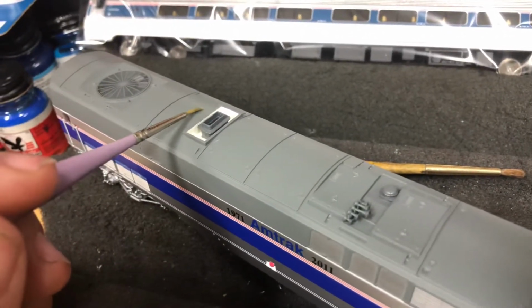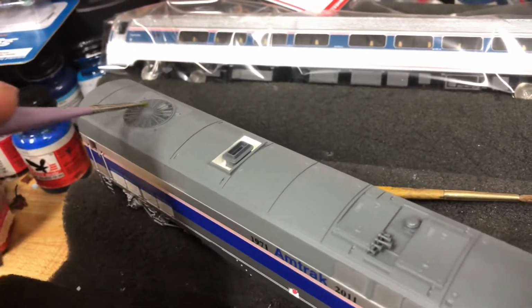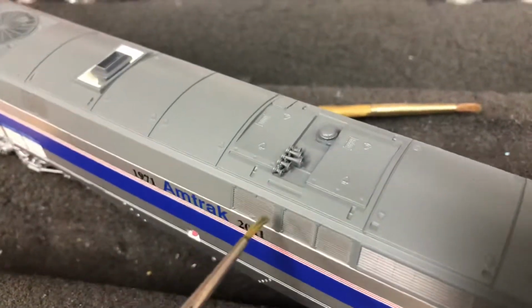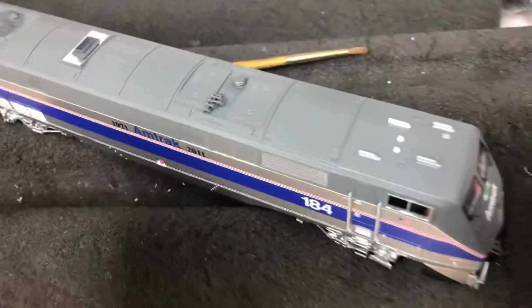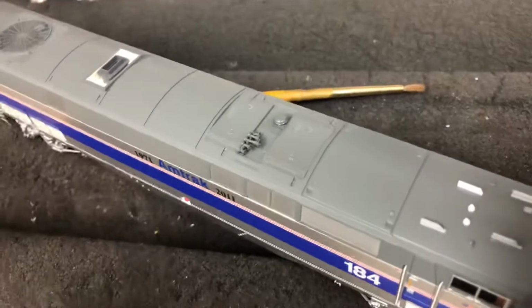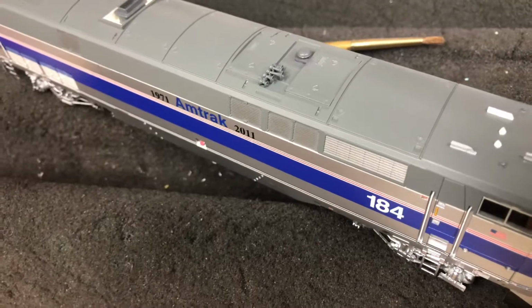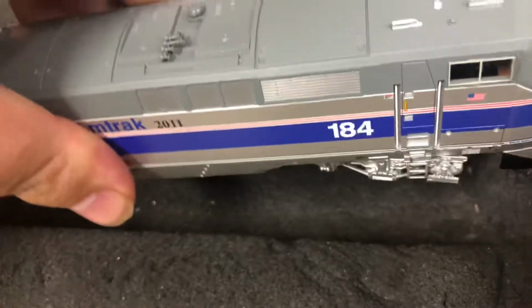Then after that's done, running through the middle again, weathering the grill, the fan grill, the vents here, all along here, and on the other side are all going to be blackened with soot to make the vents pop out a little bit. Again, lightly weathering them, not too heavy. You don't want to overdo it with the soot. And then, when the locomotive is done,